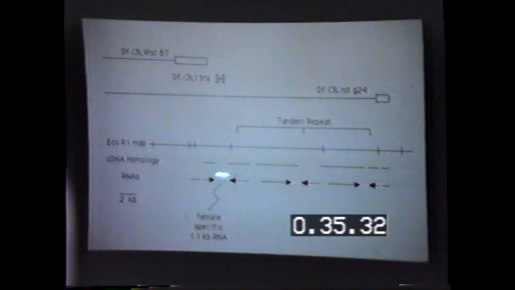To obtain a definitive proof for that, Mike and John cloned the region around here, put 1.8 kb of that into a P-vector, reinserted that into flies via transformation, and were able to show that that piece of DNA they reinserted could, in some sites at least, completely rescue the phenotype caused by the transformer mutant. So that is the transformer gene. And it is, compared to most homeotic genes in flies, a nicely small one. The maximum size of the gene can only be about 1.5 kb because of the closeness of the flanking transcripts. So it should be reasonably easy to analyze.